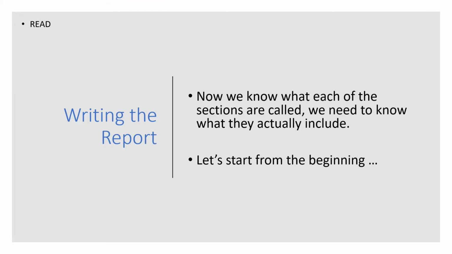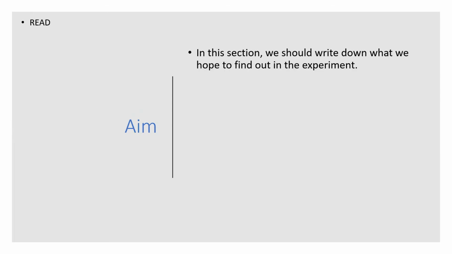Now we know what each of the sections are called, we need to know what they actually include. So we're going to start from the very beginning and look at the aim. And the aim is basically a question where we're writing down what it is that we hope to find out